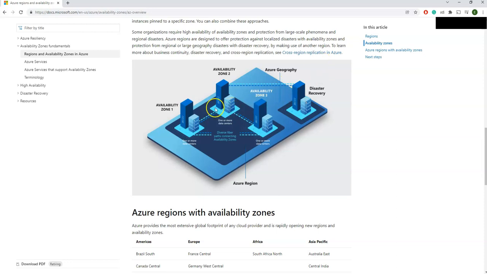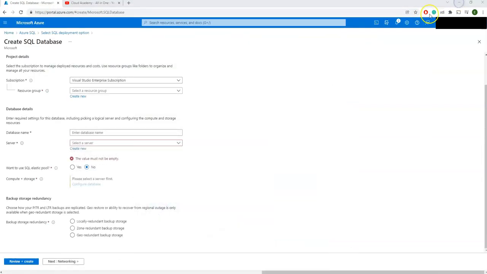So that's where you can see the risk is low. For example, if there is a disaster that occurs here and the whole data center collapses, still your backup is in the availability zone. Assume that there is an instance where the whole city is destroyed, and the second and third availability zones are also gone. Then in that case, your backup is still safe in the other region. That's where you will get the most secure place if you go with the geo. But it will automatically reflect on your invoices, that is, the bill as well. So you have to be careful on that.